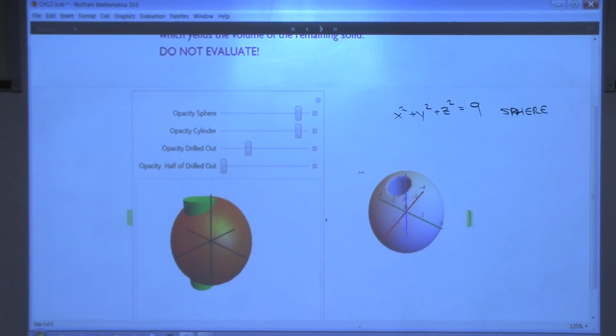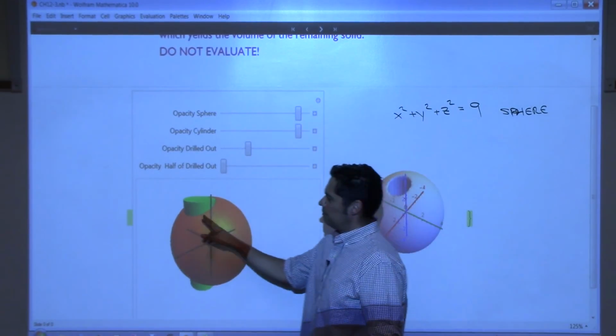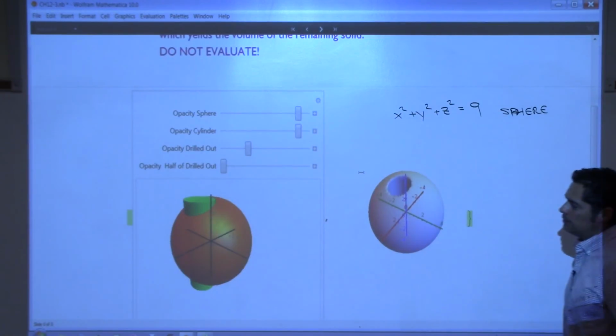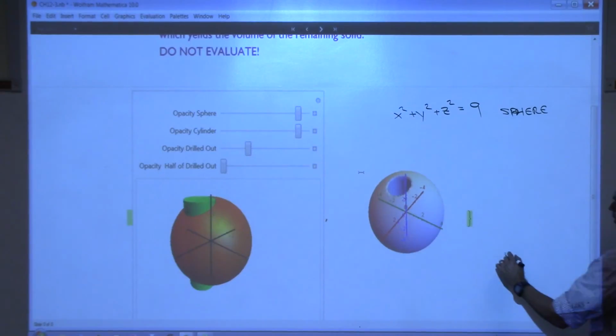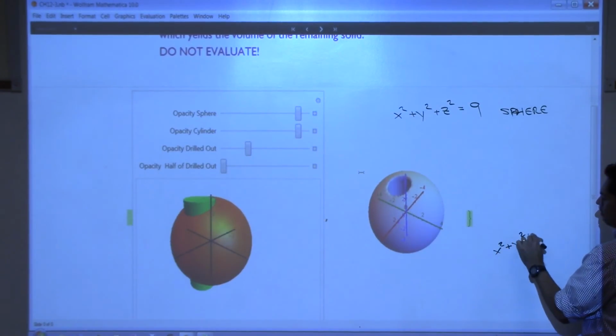Cylinder, you want the equation of the cylinder? What is the equation of this cylinder? X squared plus y squared equals 1 would be